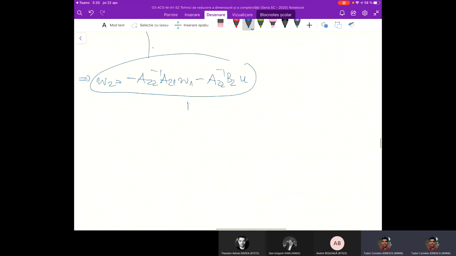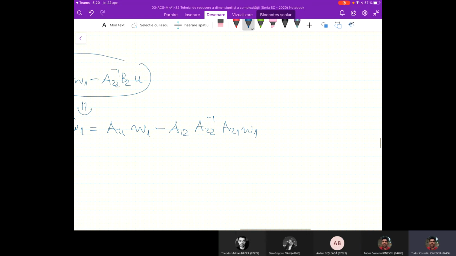And your reduced order model is W1 dot equals A11 W1 minus A12 A22 inverse A21 W1